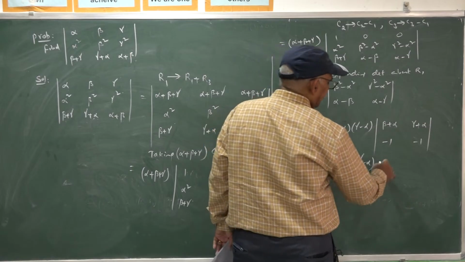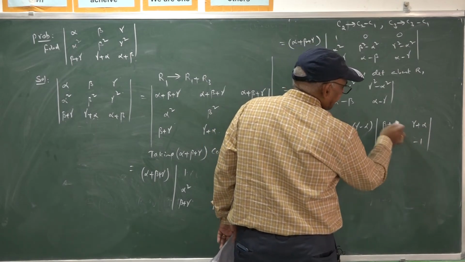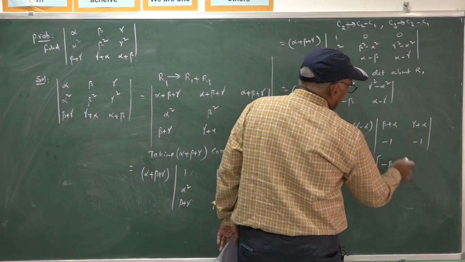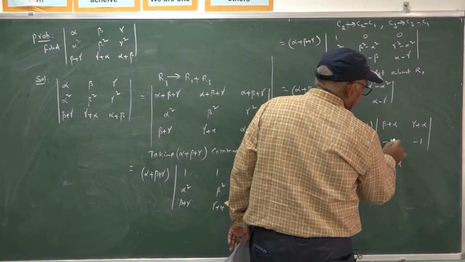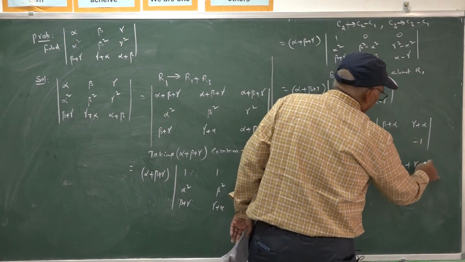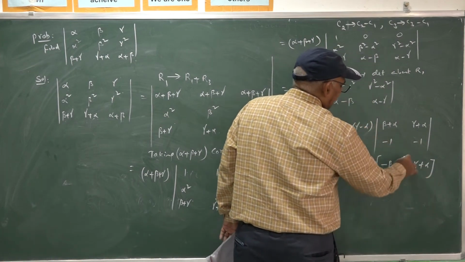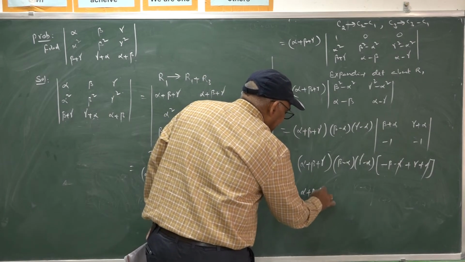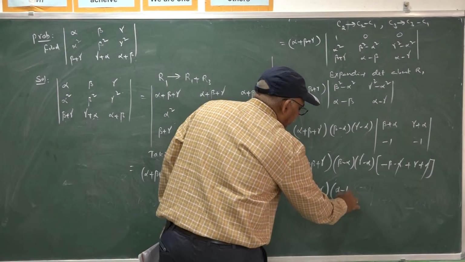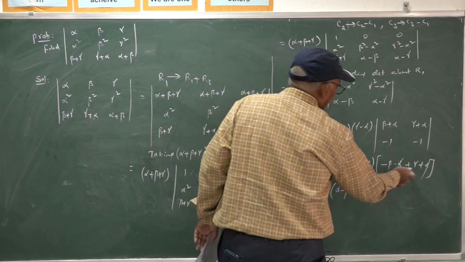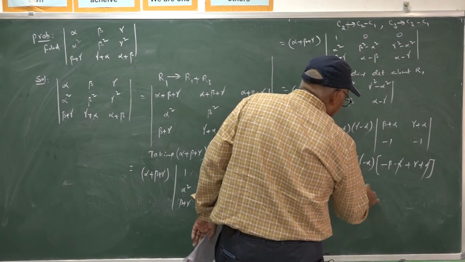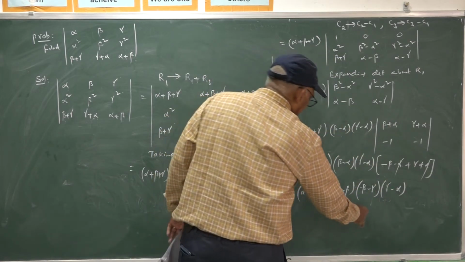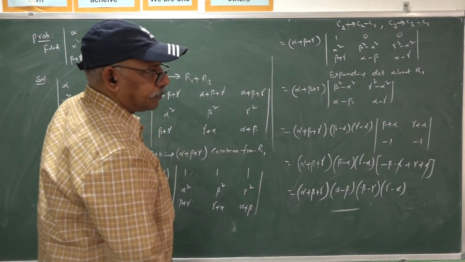Evaluate the determinant. By definition, this is minus beta minus alpha. Multiplying in this direction, you have to consider minus. So plus gamma plus alpha. Alpha cancel here. That gives us alpha plus beta plus gamma in cyclic order, alpha minus beta, here you can write beta minus gamma and gamma minus alpha. This is the required determinant value.